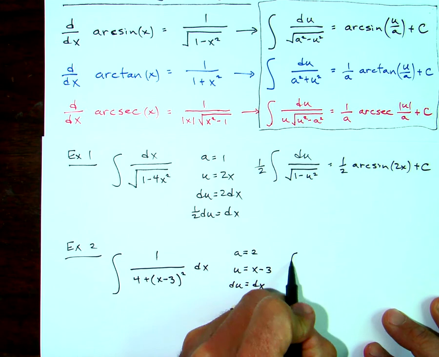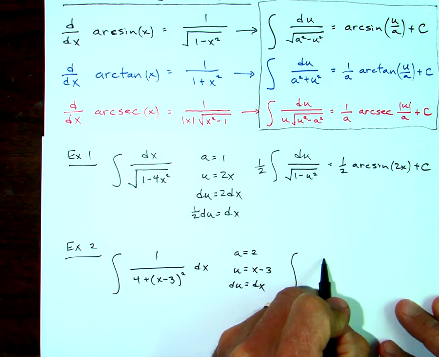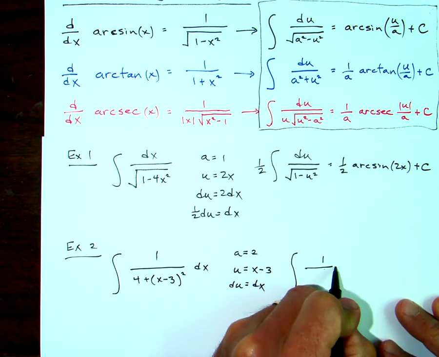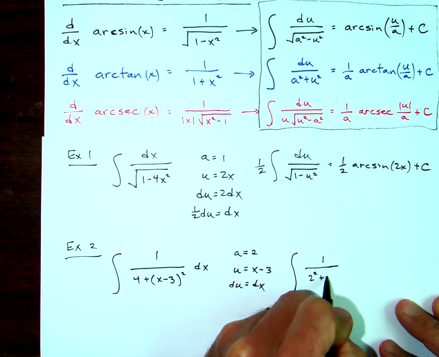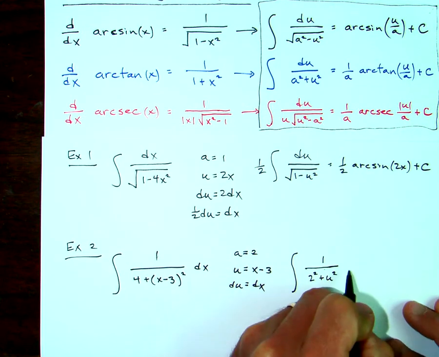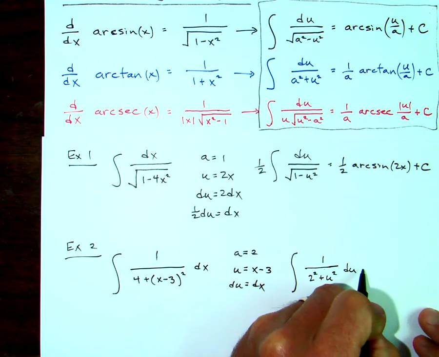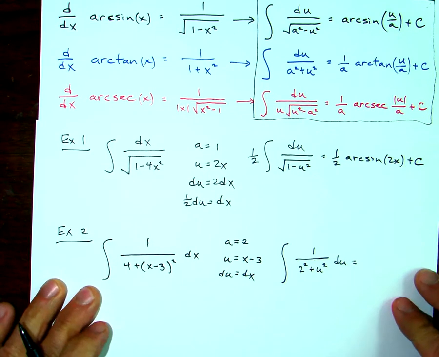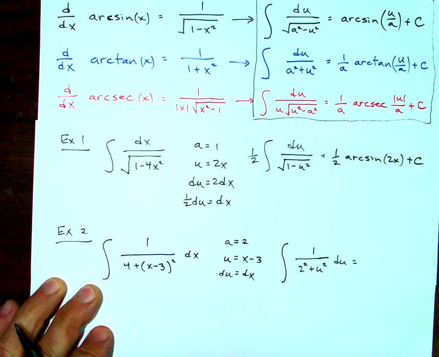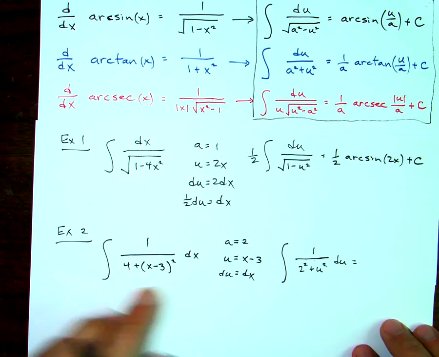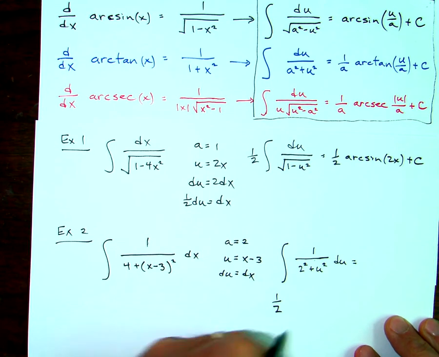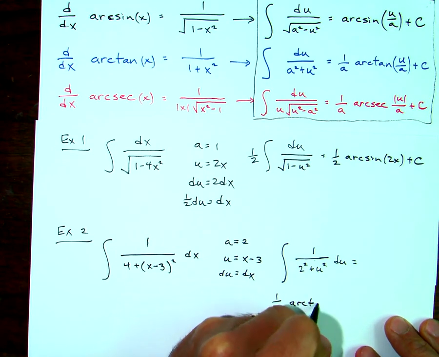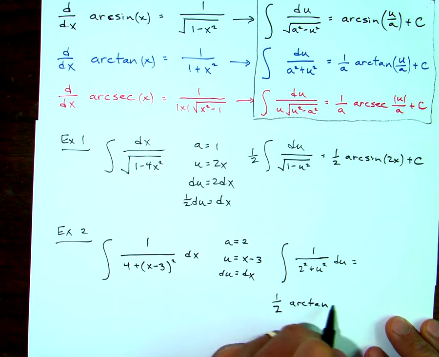It's going to be the integral of 1 over 2 squared plus u squared du. And then that's going to give us, if we look here, we said a is equal to 2, so I'll have a factor of 1/2 out front, and then arctan of u, which is x minus 3, over 2, which is a,